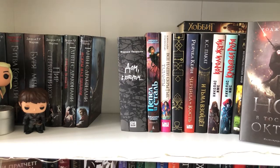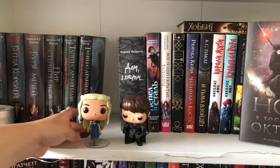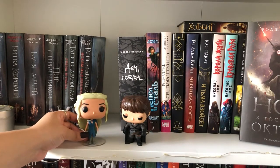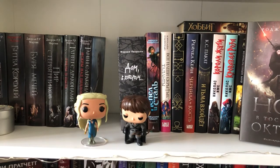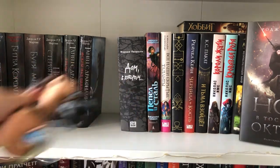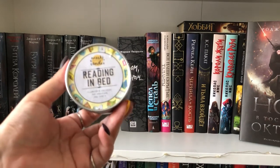On the next shelf, I have these Funko Pops of my 2 favorite characters from Game of Thrones, Daenerys, and all the titles after that, and also Ramsay Bolton. Controversial, I know. And also, another controversial thing, I didn't hate the last season. Then I have this candle from Meraki Candles, and it was in an Illumicrate